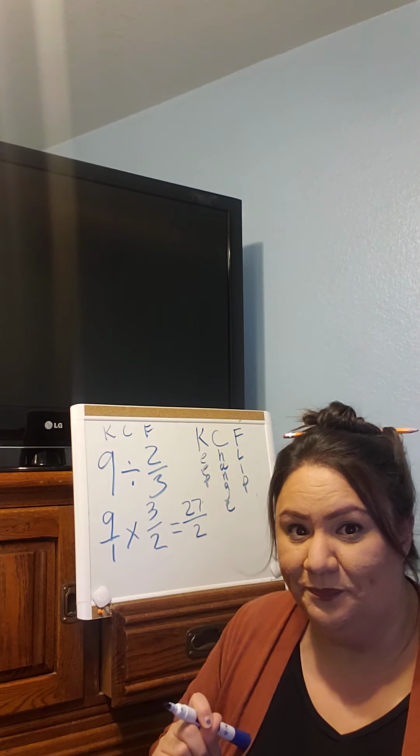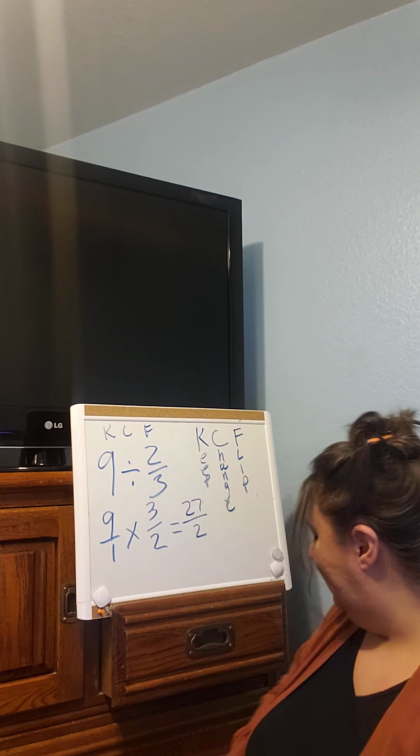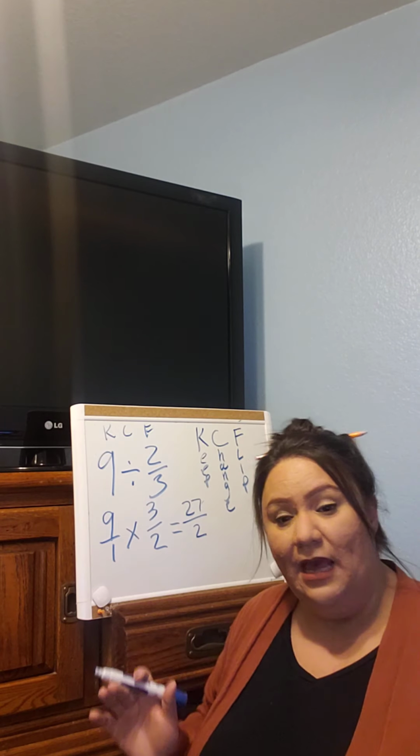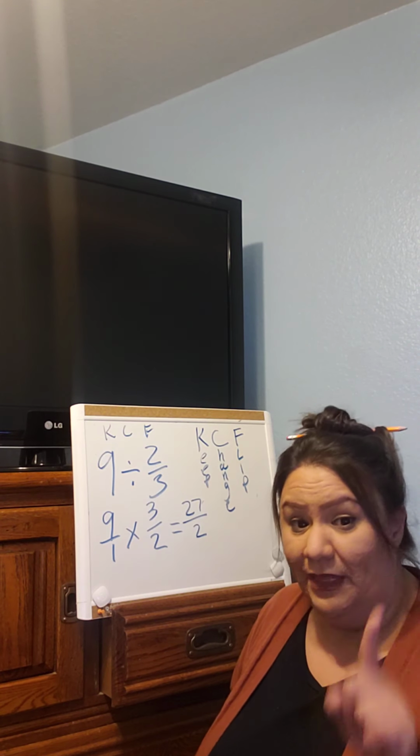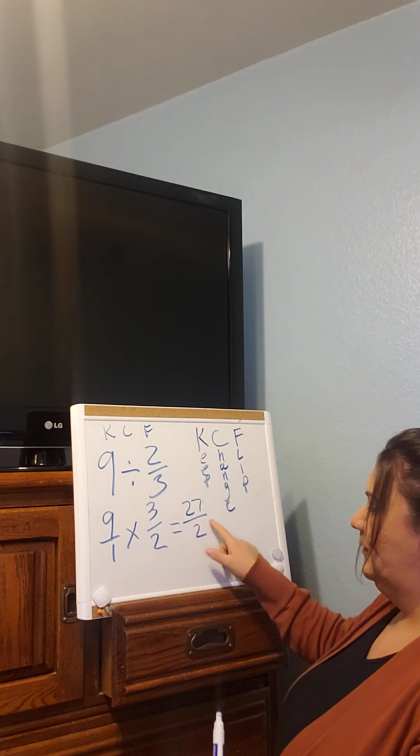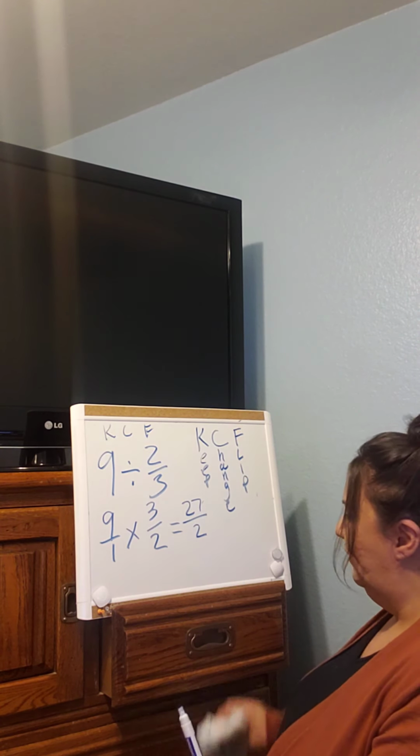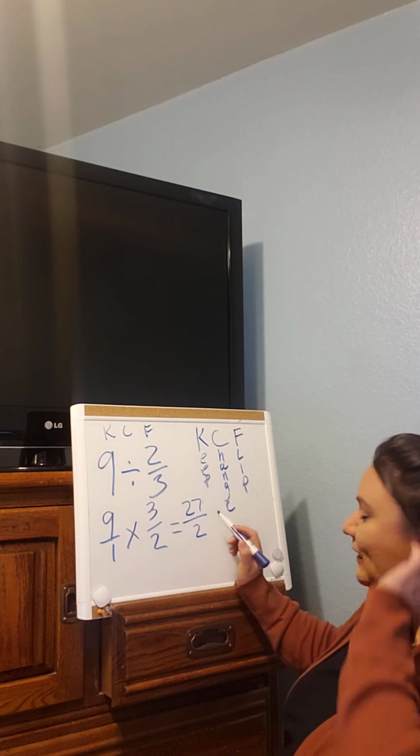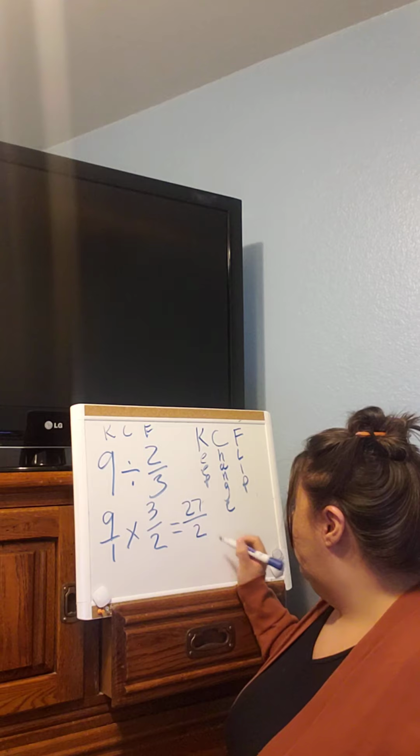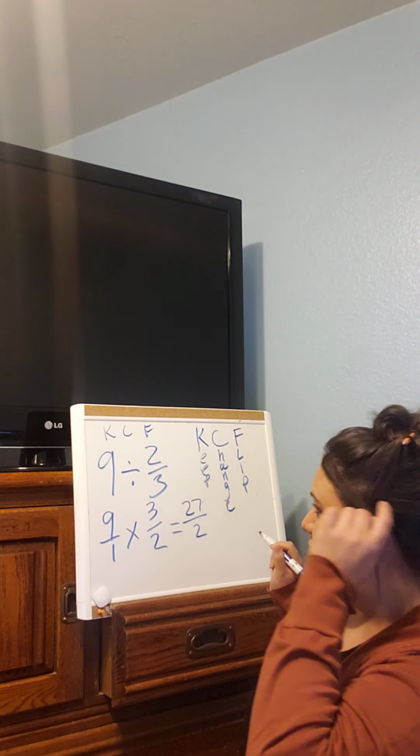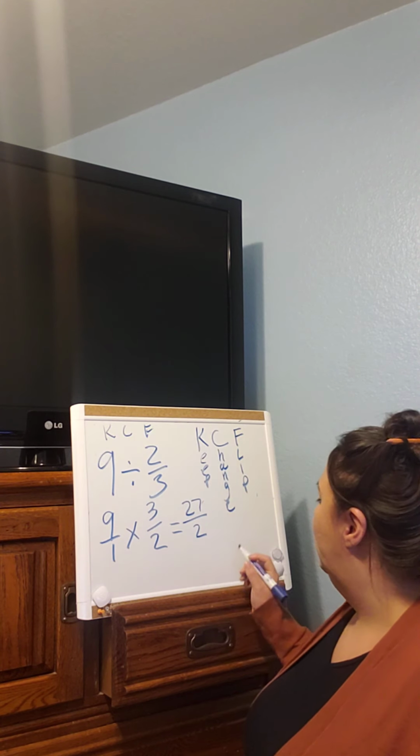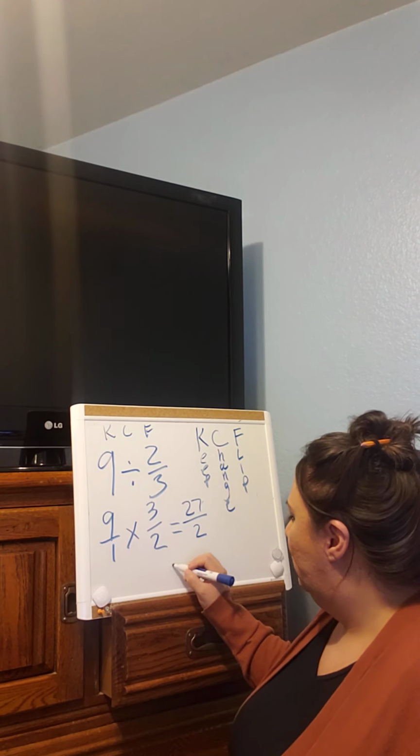What do we do? This is where it gets a little tricky. Here's where we're going to add a 4th step. So we already know KCF, keep, change, flip. That's the first step. That works most of the time, but when you have problems like this, that's not the final answer. So anytime you have a bigger numerator than you have in the denominator, you're going to need to divide to get the answer. So we would then divide